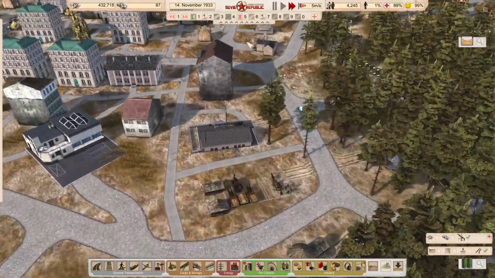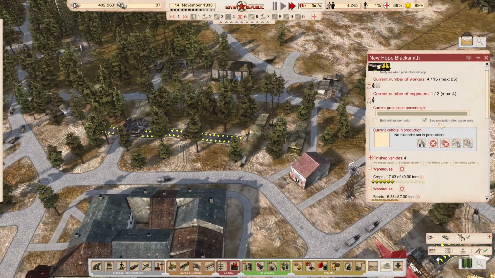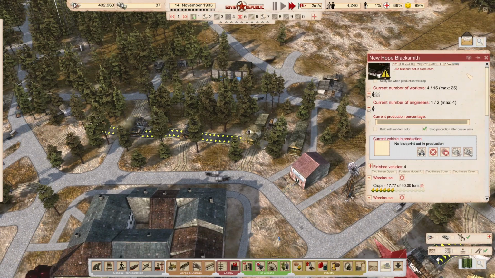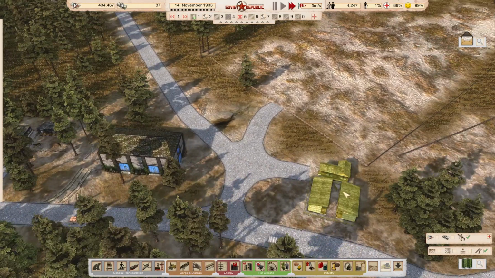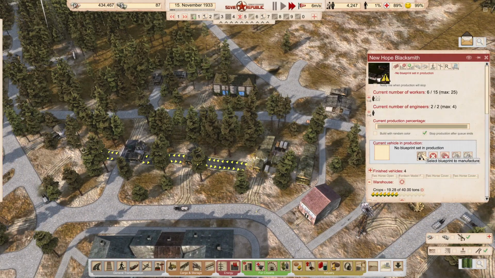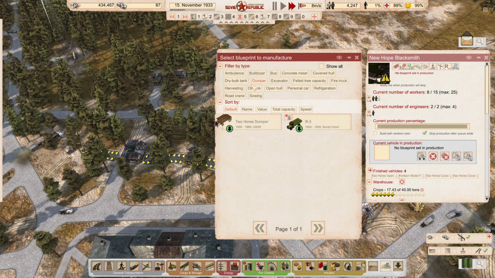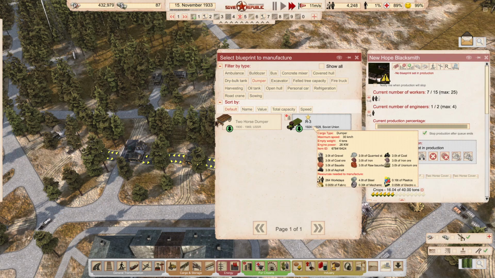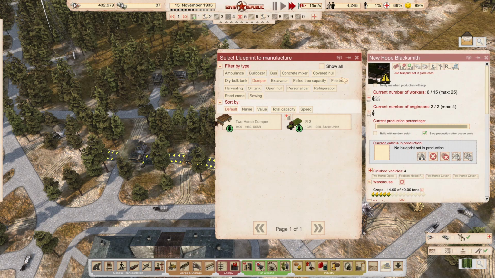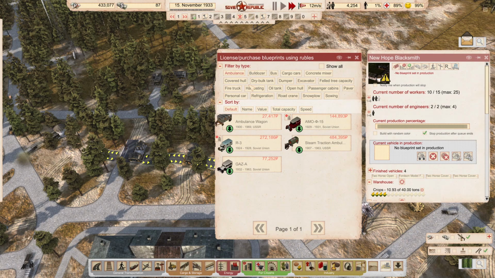In fact, I need to look here. We've got nothing being produced at the moment. How many? I don't think I've really got. Somebody actually suggested maybe building some trucks. We got the dumper here, but he's only got a maximum speed of 30 kilometers an hour. Actually, we could look at the templates. I know, strictly speaking, I shouldn't be doing this, but